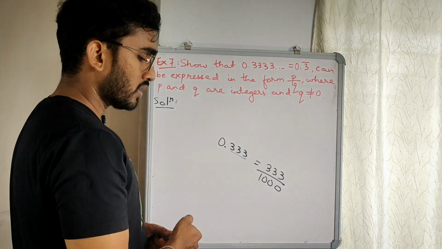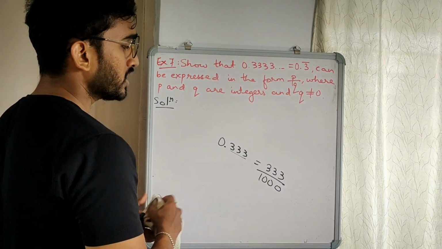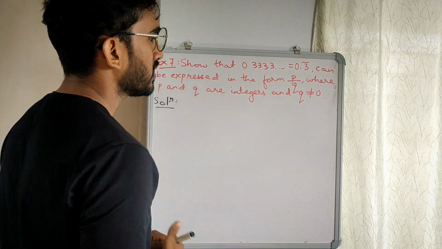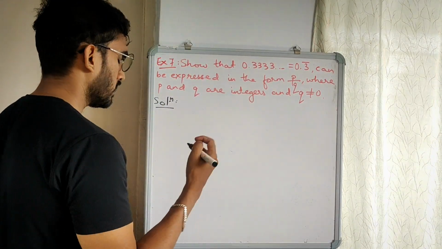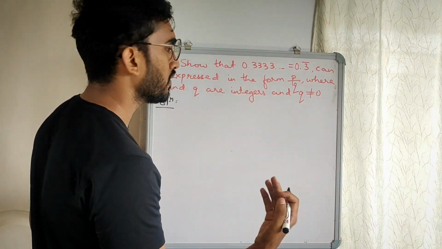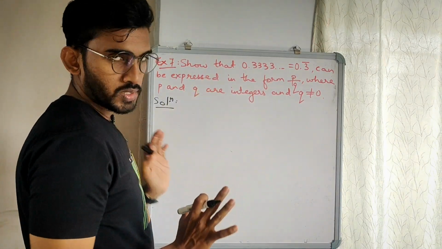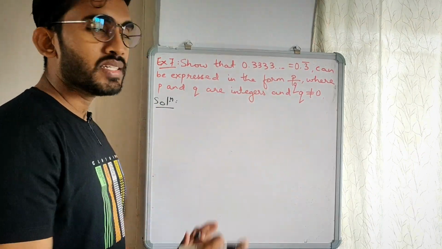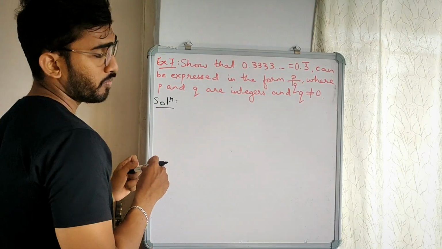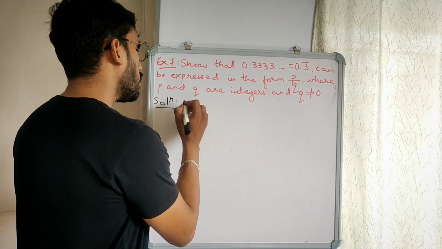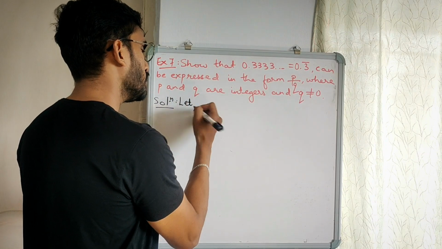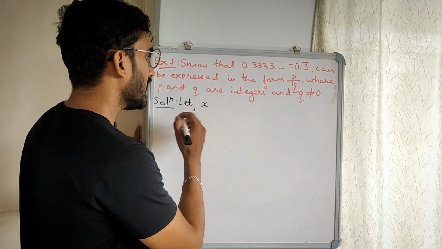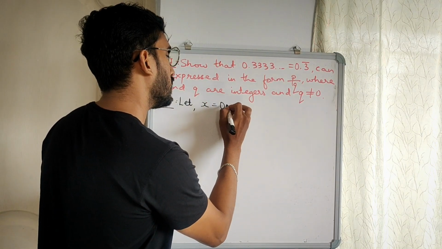So we cannot show this in the form of p by q in the simple way, by just counting the digits after the decimal. There is a process. So pay complete attention here in this video and understand the process, how to show it in the form of p by q. For the solution, first of all, we will assume the given number as x. Let x be equal to that number,